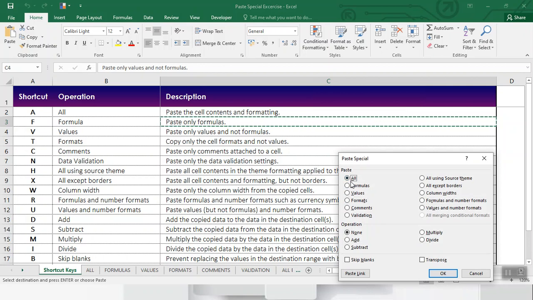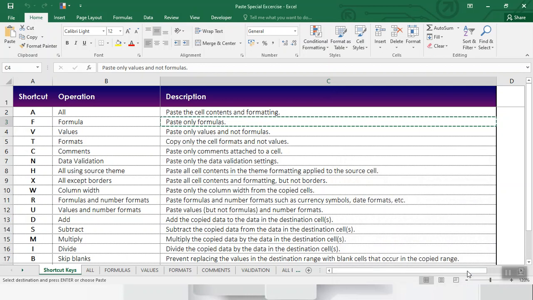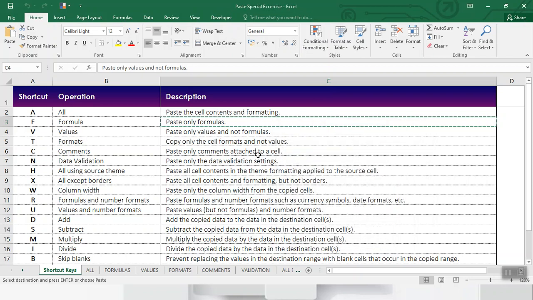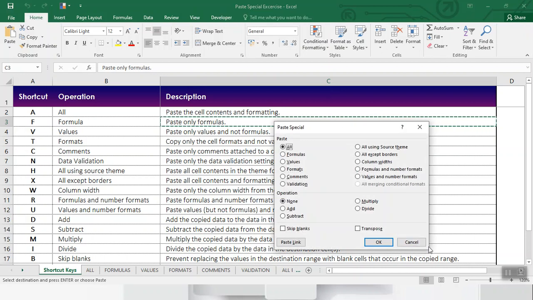And we can also press Control Alt V and A, or Alt E S and then A for all. To paste only formula, you can simply copy with Control C, Alt E S, then F for formula.